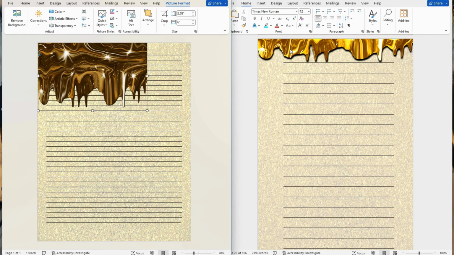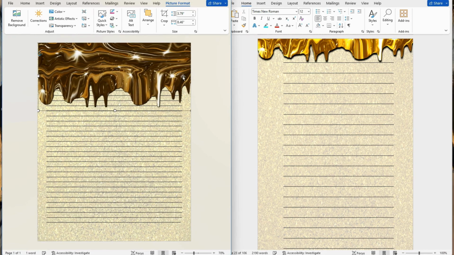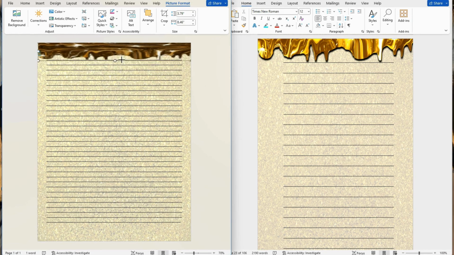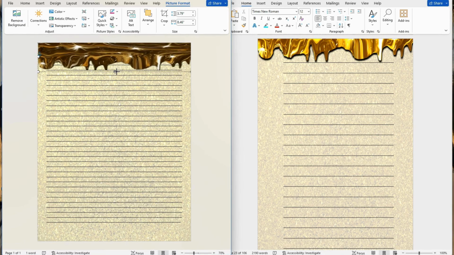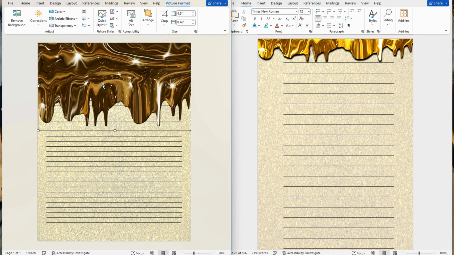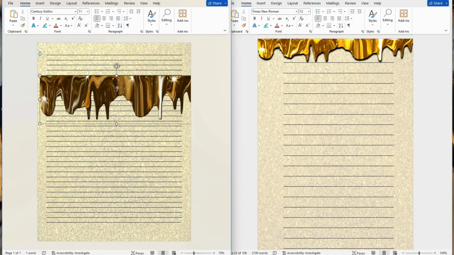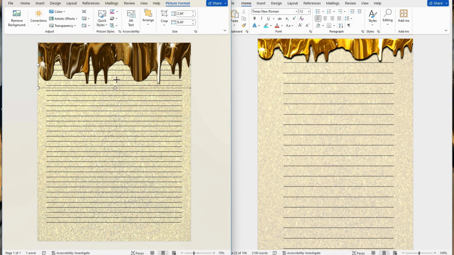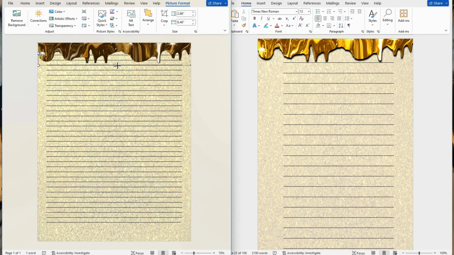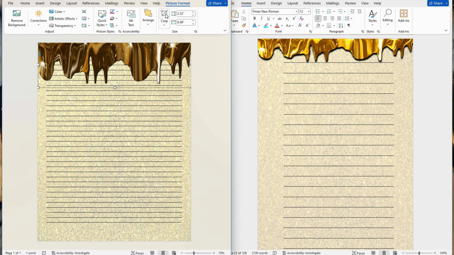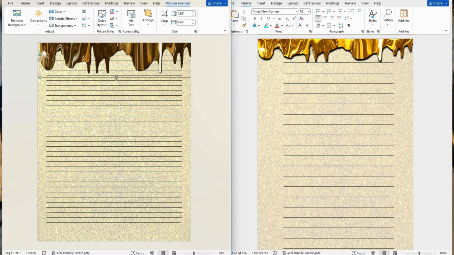And again, you see how this is lighter and this is dark. No problem. We're going to do the same thing. You just move it however you want to move it. And again, if this is so big, you see how this is smaller. We can always crop it. So again, click on the image, click crop. We're going to go all the way down, click away from it, and there. And then if you want to push it up, it's not so blurry. Again, if you want to cut some more, you can crop to your heart's delight. Crop to whatever you want on your image and just set it how you want to set it. And then just